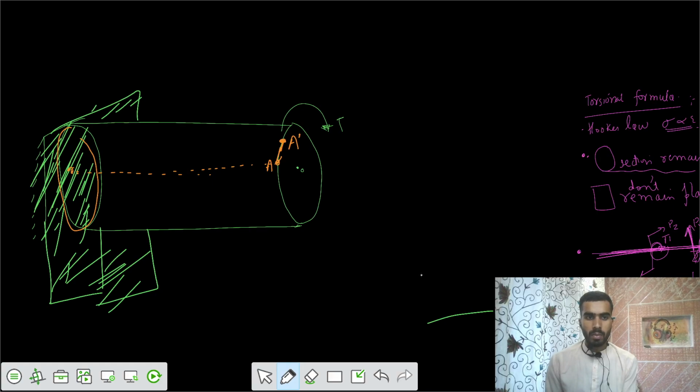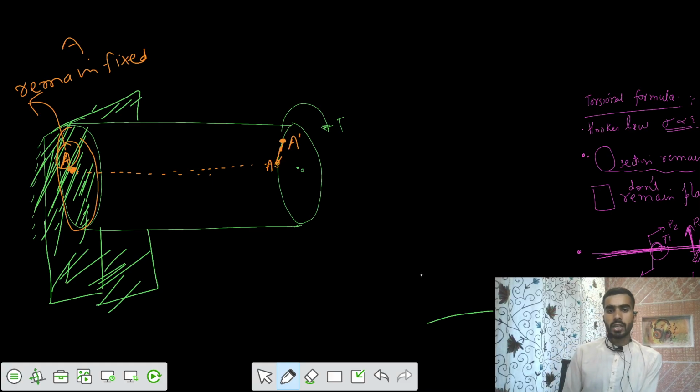So from this side, it won't go anywhere. Your point A would remain as it is. It won't, because your support is fixed. That means it won't allow that point A to go anywhere. This point A would remain fixed from this side, but on the free side, we have the point A shifted to point A dash. So if you join it by a straight line,